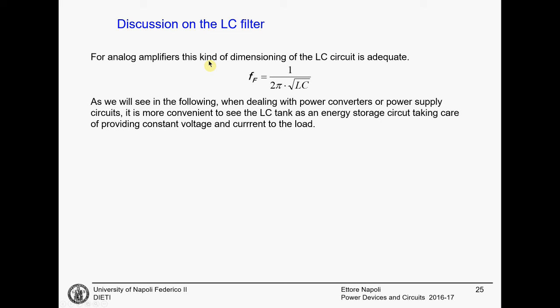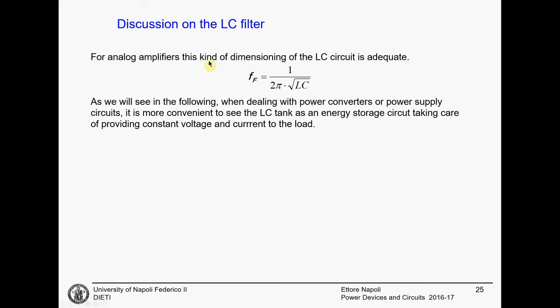In the following, however, we will use different circuits whose primary purpose is providing a regulated voltage and power to the output. This means that the signal frequency is 0 or almost 0,